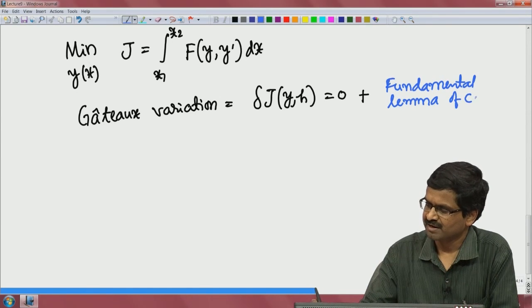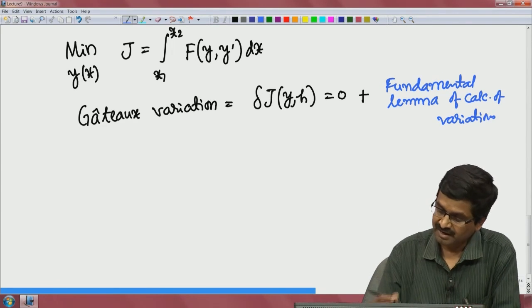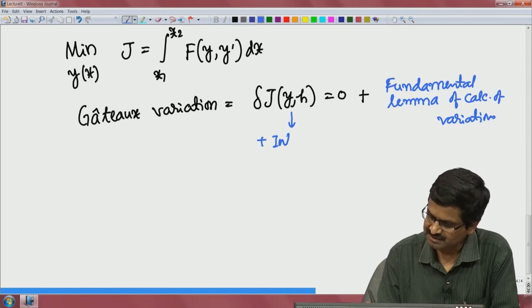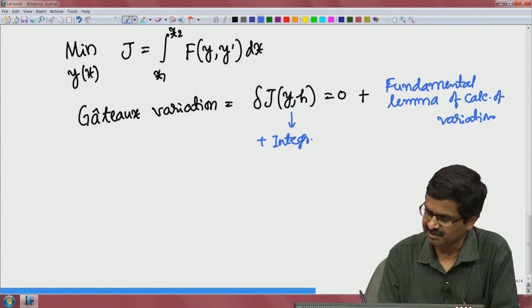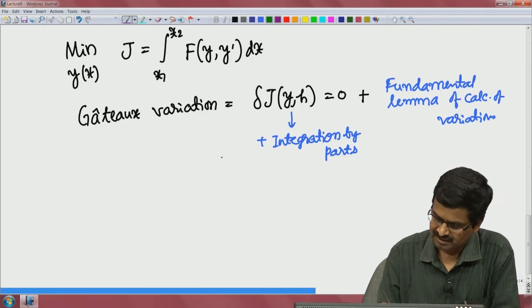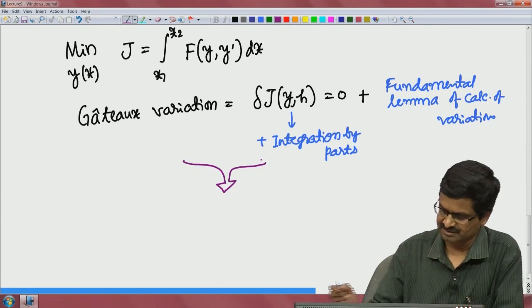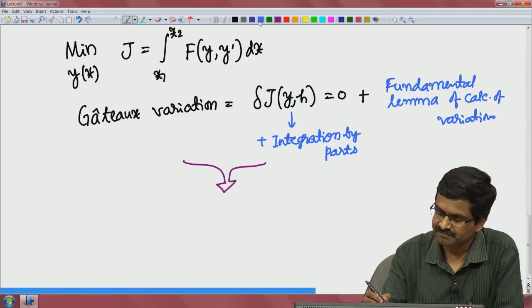of calculus of variations. And in between we also added integration by parts. I am just recalling or summarizing the derivation that we just did, integration by parts. All of that gave us, all of these things gave us